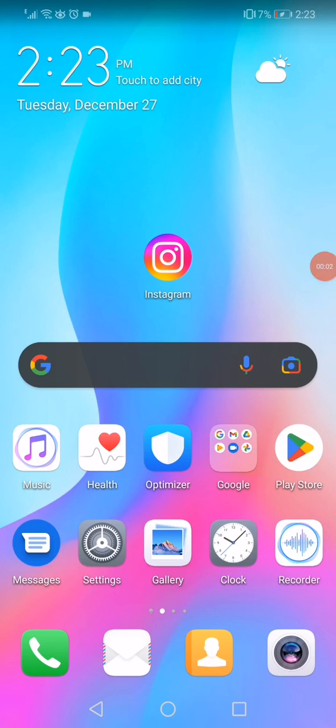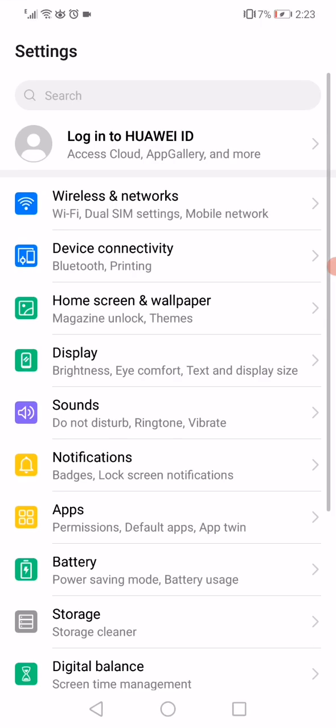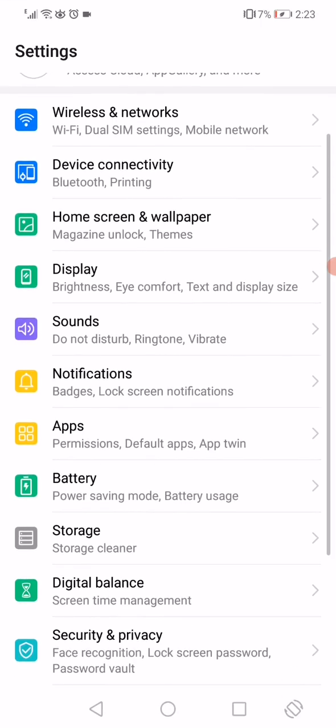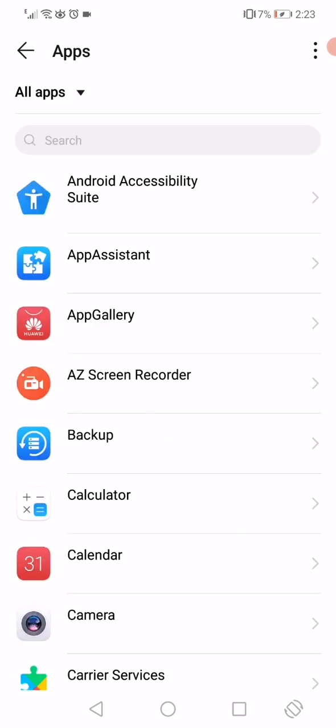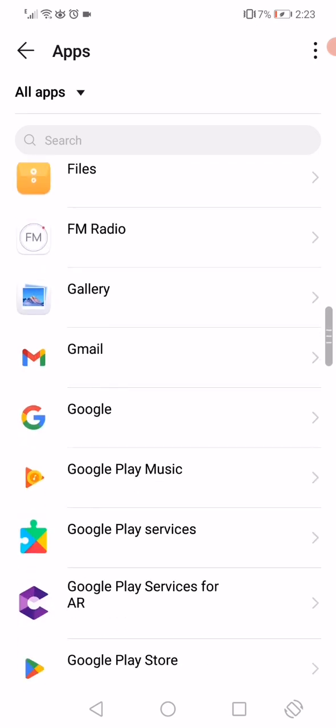How to fix followers count freeze easy and fast. Hello guys, so all what you have to do is very simple. First thing, open the settings on your phone and then go to the apps manager like this. Now click on the apps and it will take you to this page. As you can see, all what you have to do here is wait a few seconds and then scroll down,